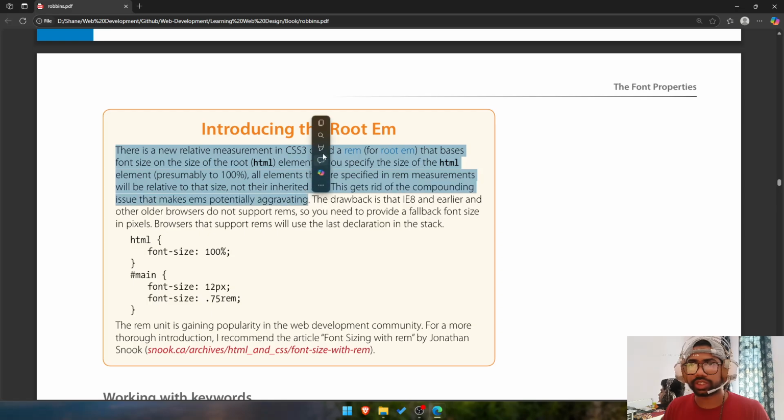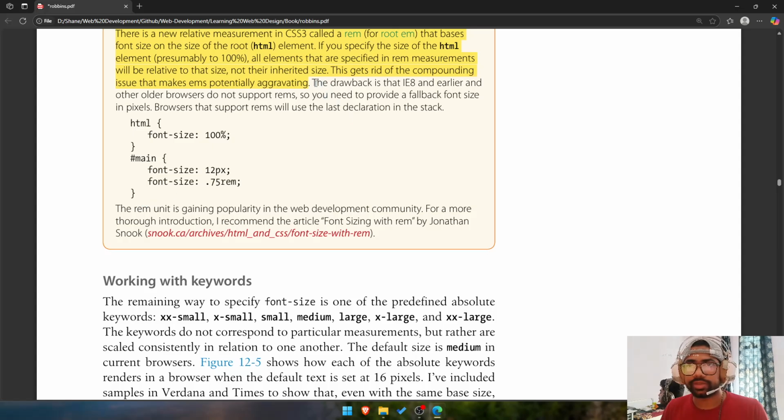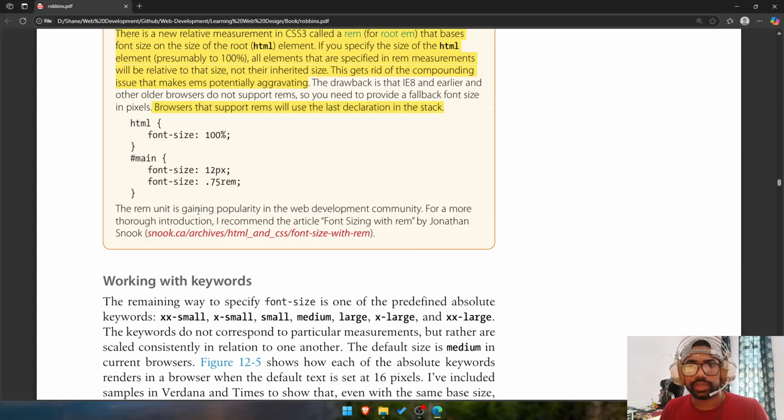Oh, nice. The drawback is that IE8 and earlier and other older browsers do not support REM, so you need to provide a fallback. Browsers that support REM will use the last declaration in the stack. The REM unit is gaining popularity in the web development community. For a more thorough introduction, I recommend